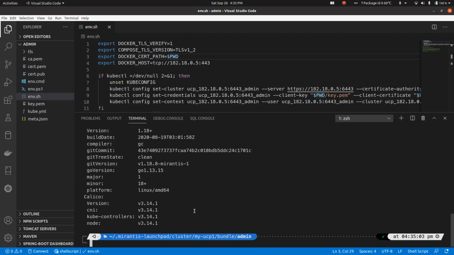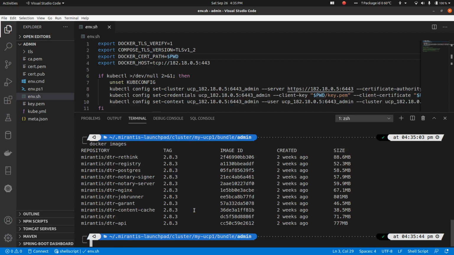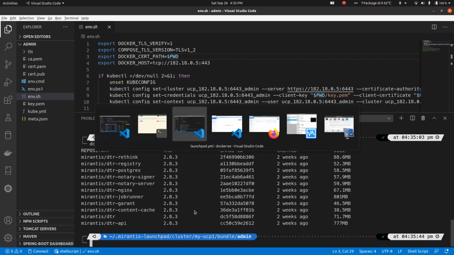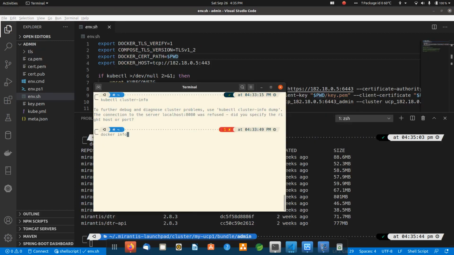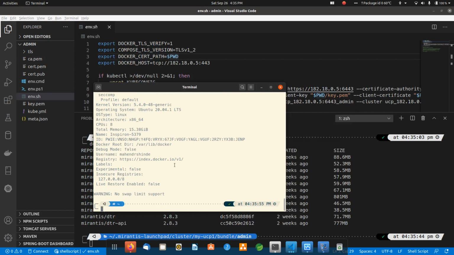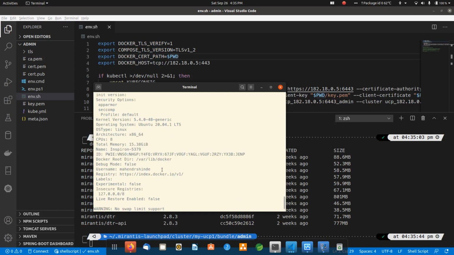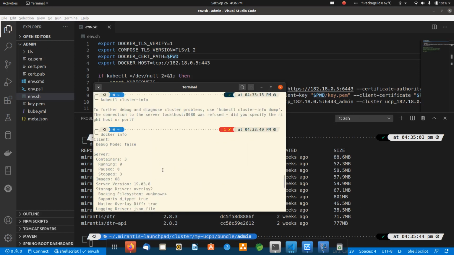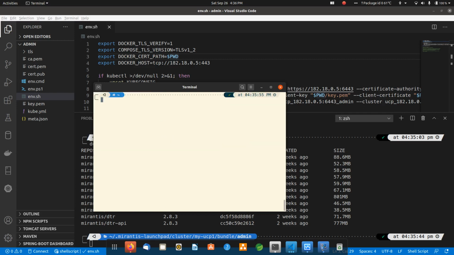Please remember, if I run any Docker command like docker run or docker exec or docker images, it would be communicating with the Docker daemon running inside the other environment. To give you an example, if I try docker info again here, you will see it is still showing me details about my local Docker installation.